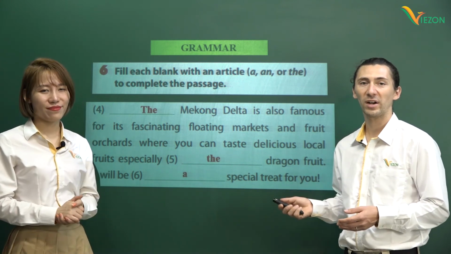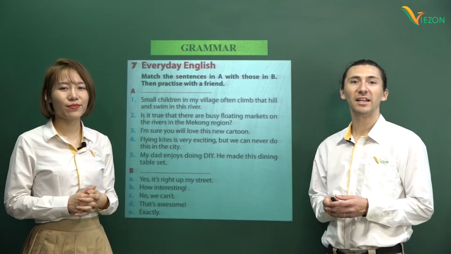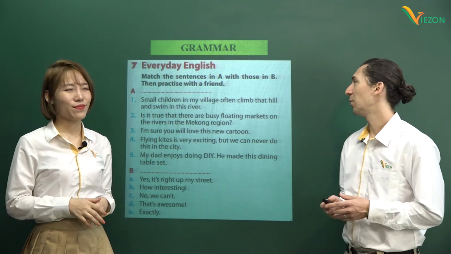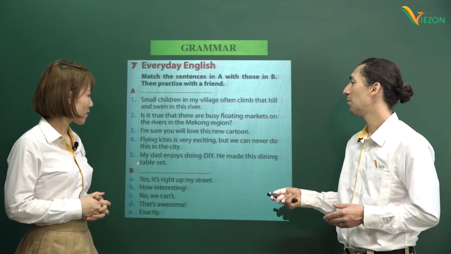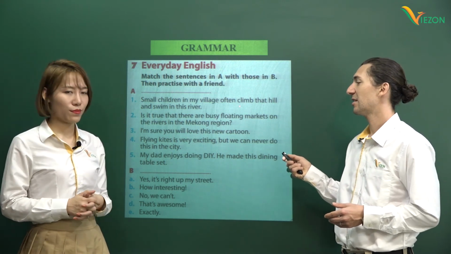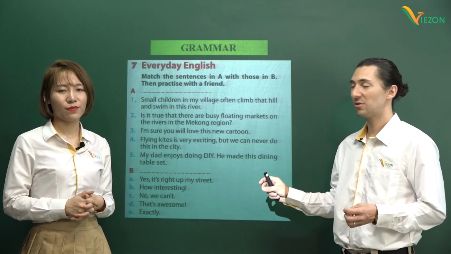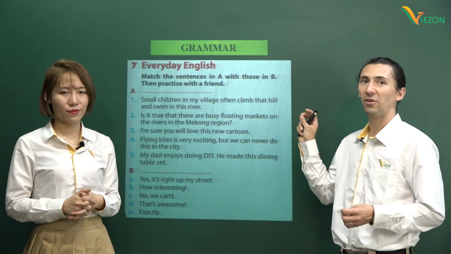All right, how did you do? Did you get all the same ones correct like we did? Good. Let's continue to the next. So that takes us to exercise number 7. So we see we have the columns A and B. So person A is going to say a sentence and B is going to say the response. We have to match the response from letter B to the sentence in letter A.